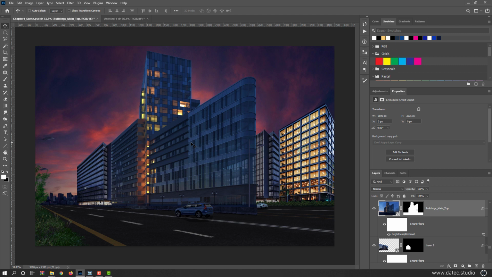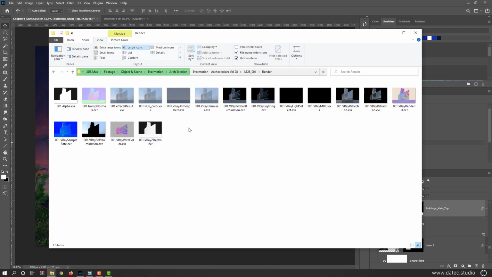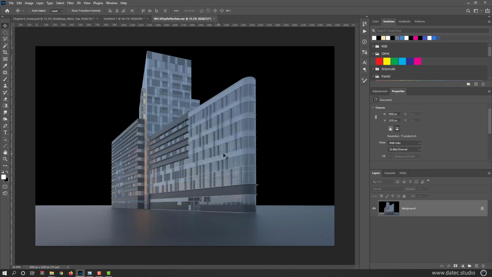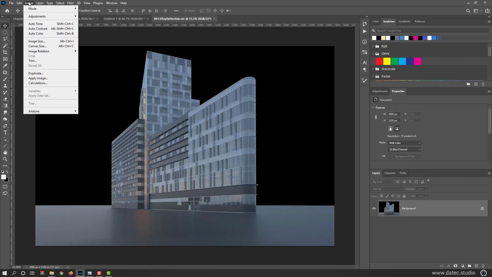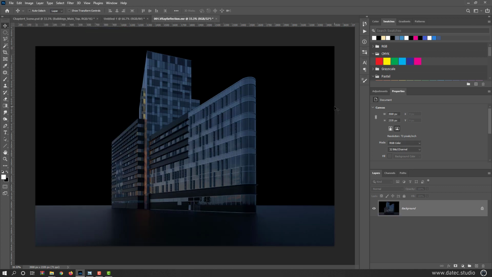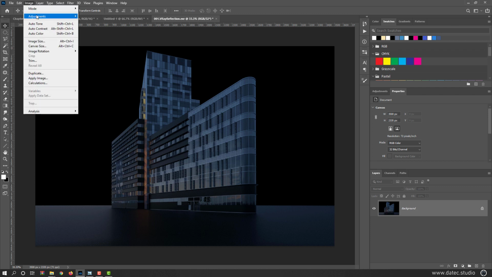To improve reflection, we have a lot of techniques, but if you remember, I rendered this scene with separate render elements. Allow me to bring, check here, I rendered the scene. So this is reflection, this is reflection. I will bring it reflection. Okay, I brought reflection here. Image adjustment and exposure. 0.5 was correct. Okay, and image mode 16 bits